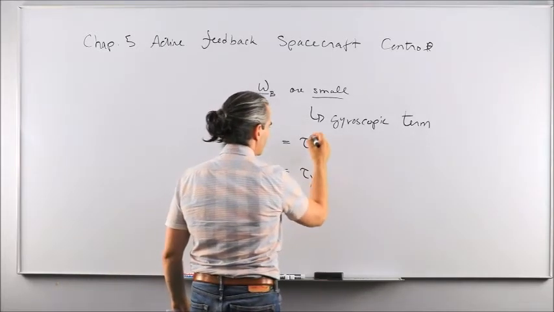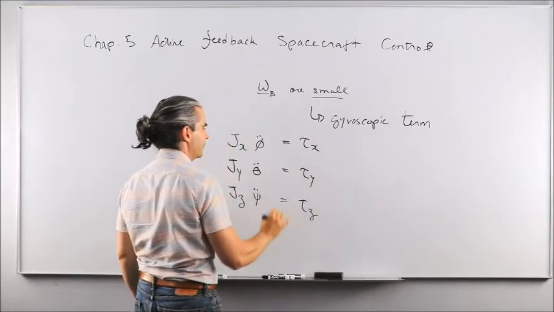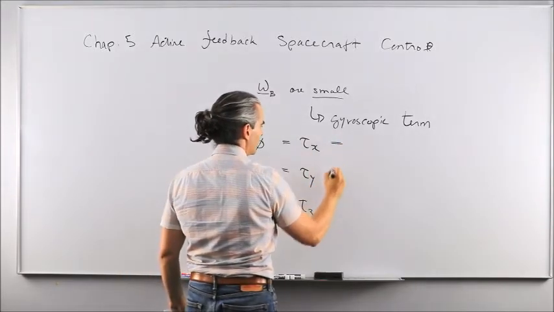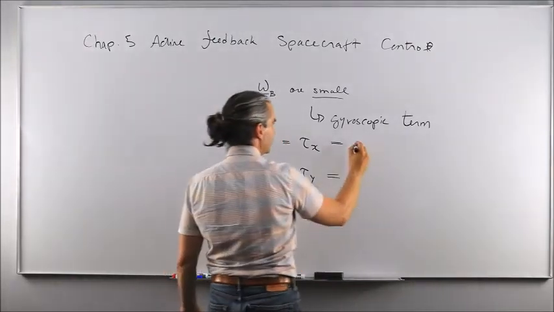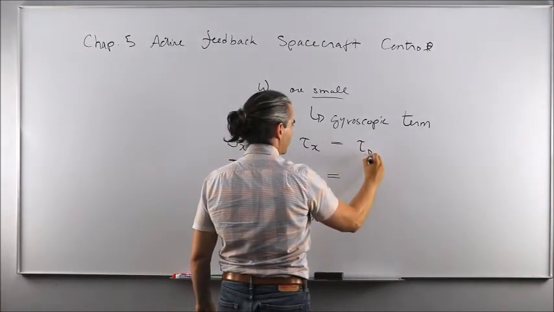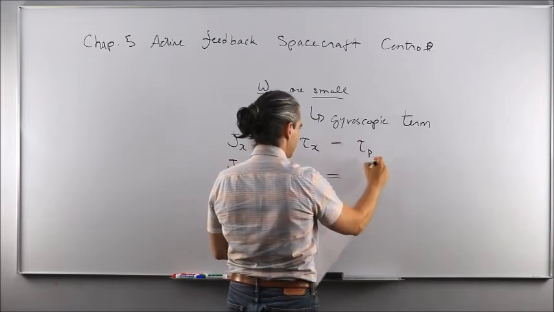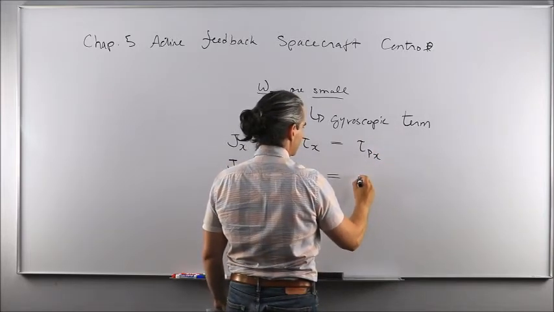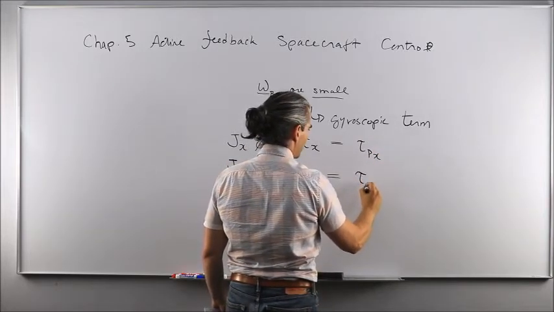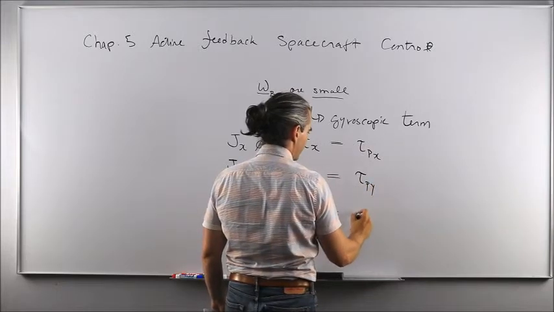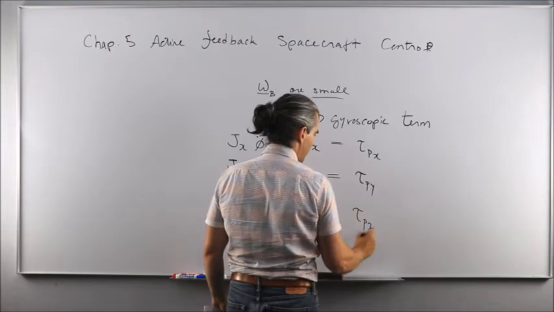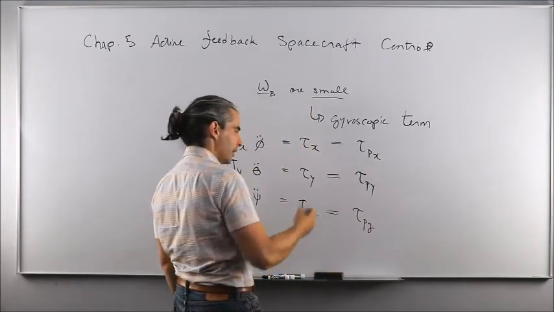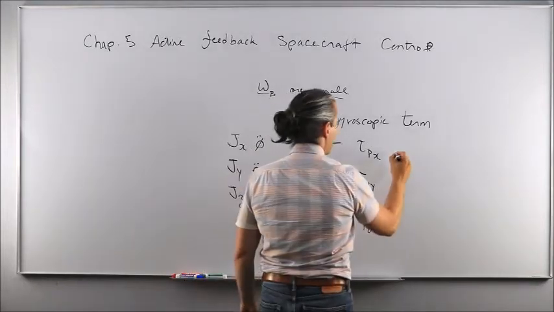Now, the torque terms we have on the right-hand side of those equations will, in practice, be a combination of two things. The net perturbing torque, tau p, along the x-axis, the net perturbing torque along the y-axis of your body-fixed reference frame, and the net perturbing torque about the z-axis of your body-fixed reference frame, plus